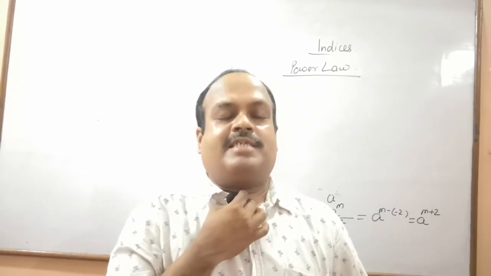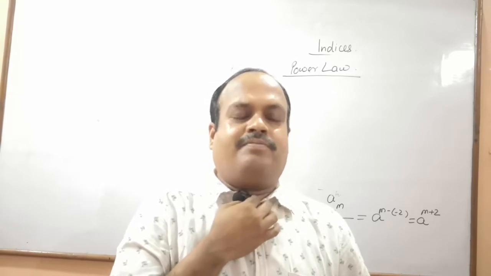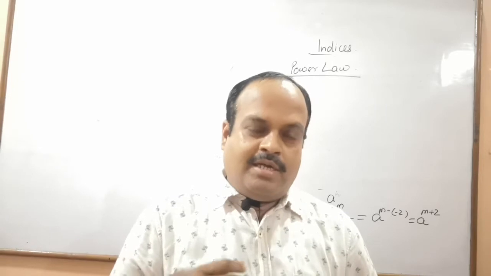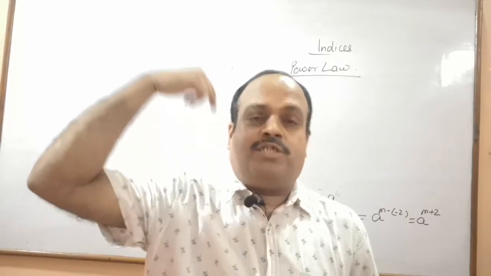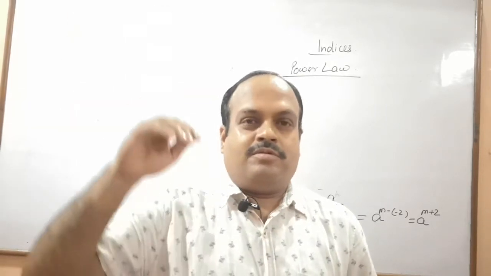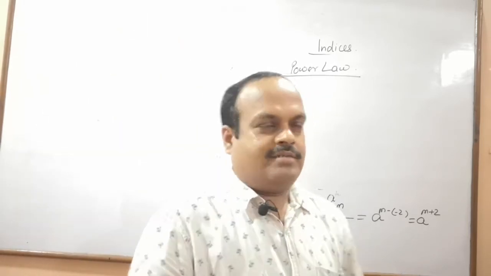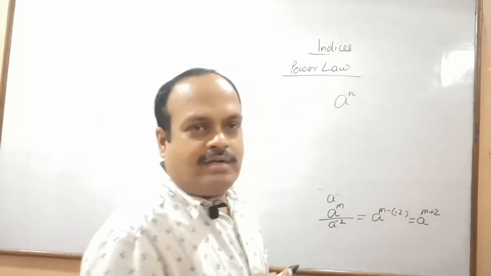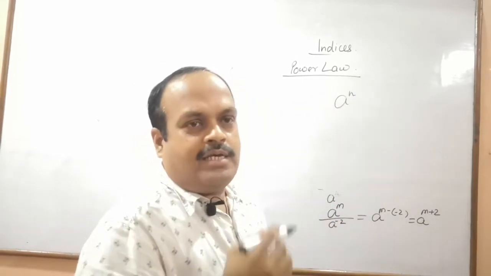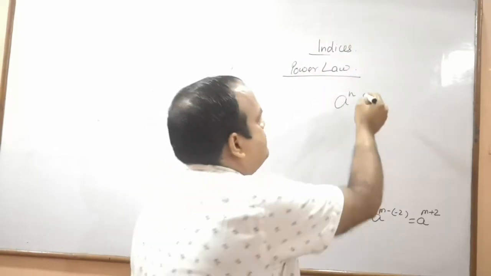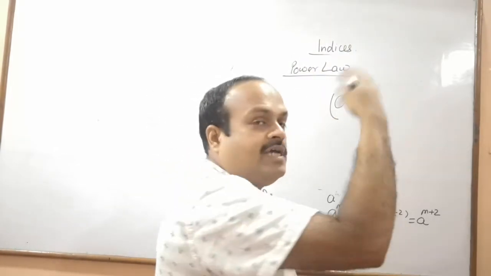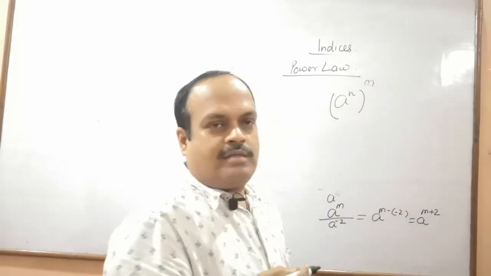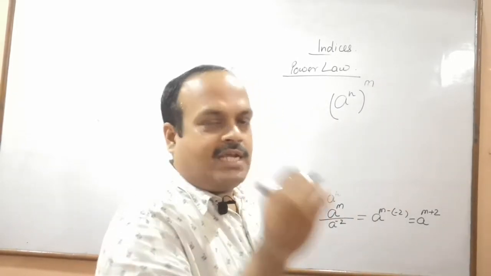The power law says that if an exponential number is raised to another power, an exponential number a to the power n is raised to another power, then to get the result,